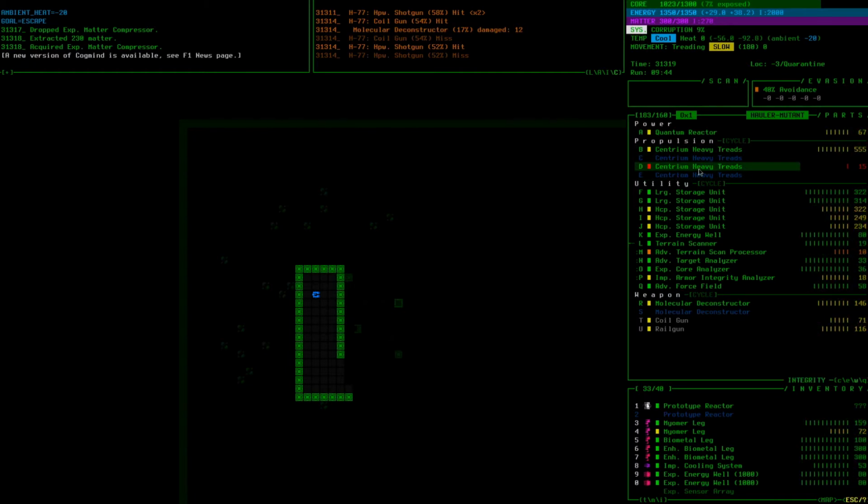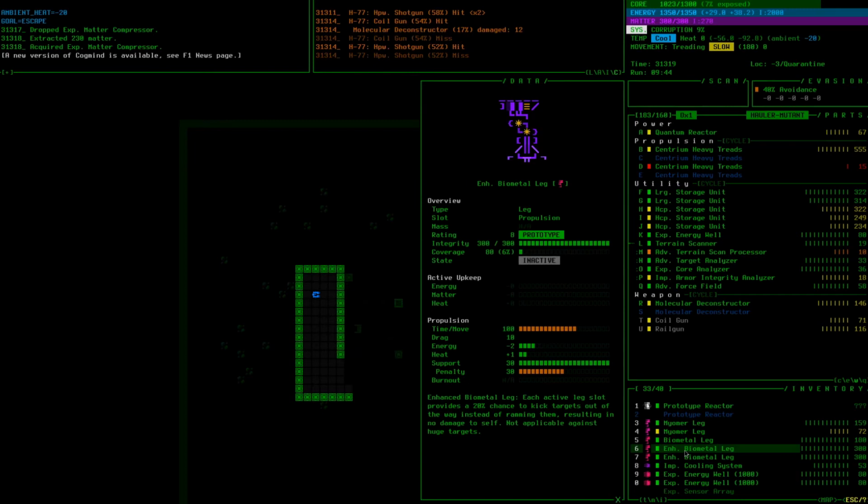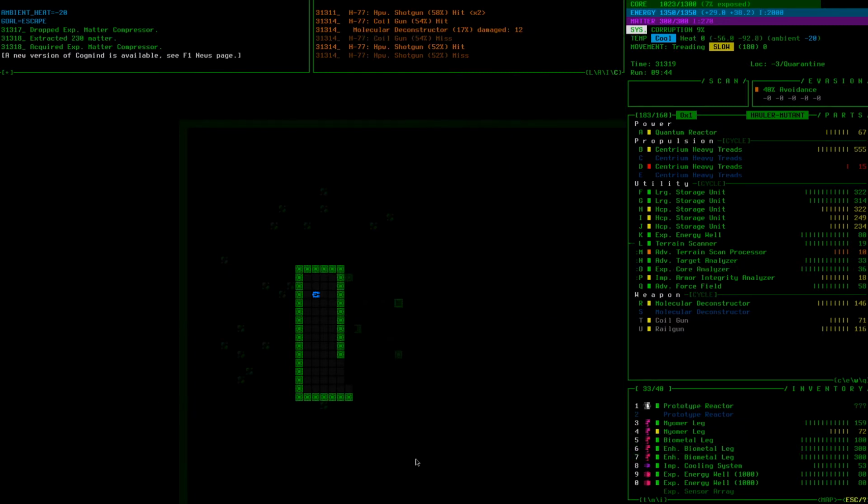Ooh, 15 integrity left on our Centurium heavy treads. I kind of foresaw that, and I grabbed these 2 biometal enhanced legs. I don't remember where we saw these. Are they from Zhirov, or maybe Warlord? It might have been from one of their stashes, or maybe we saw it somewhere else. But I figured we'd grab those in case this happened, and so here we are. That's going to hurt our coverage and our recoil with our kinetic weaponry, unfortunately,